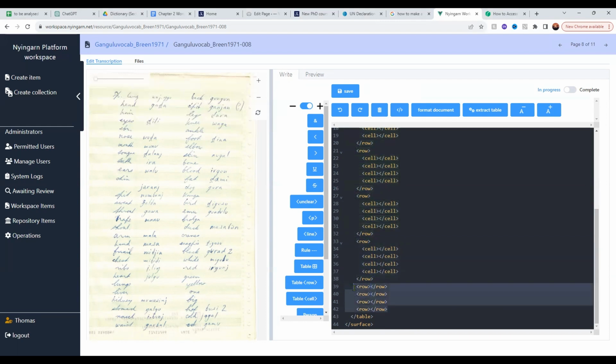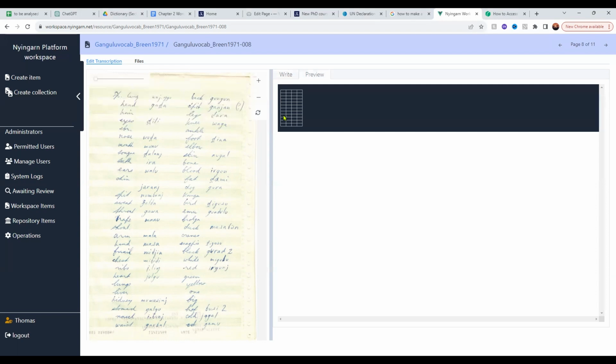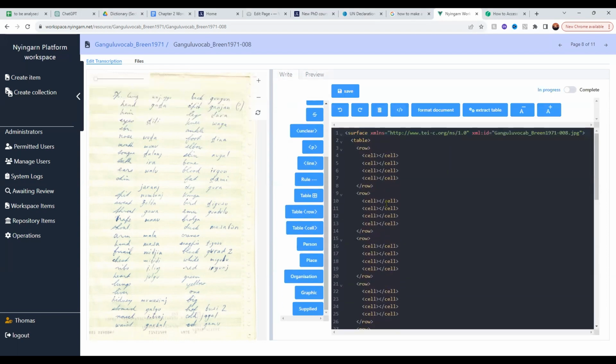I'm just going to delete this so you know what we're doing. Now you can just paste it a bunch of times. I just press paste, paste, paste, paste, paste, and you can paste this 29 times. So you've got all of your different rows. Now if I press save, you can see that we're getting longer and longer here, right? So now that we've got the table laid out,